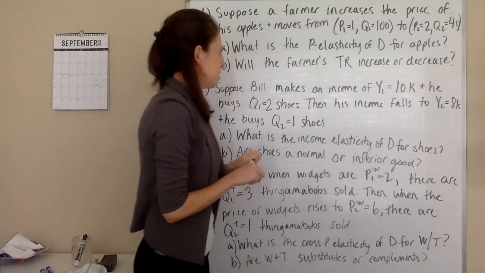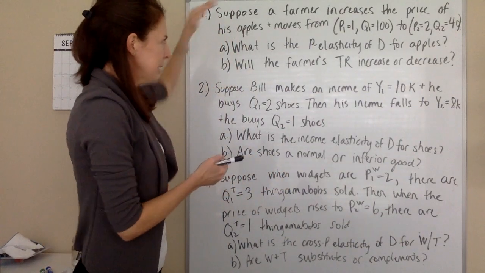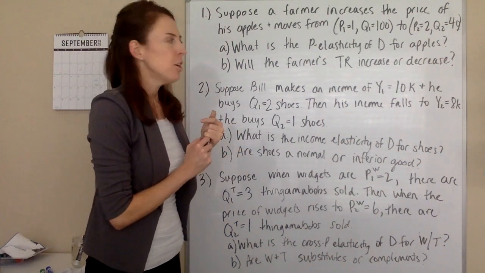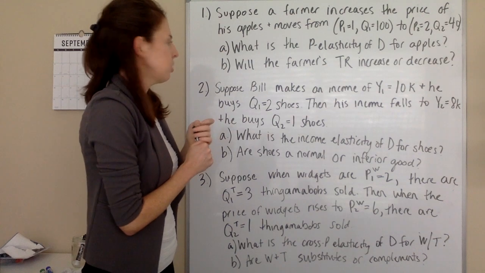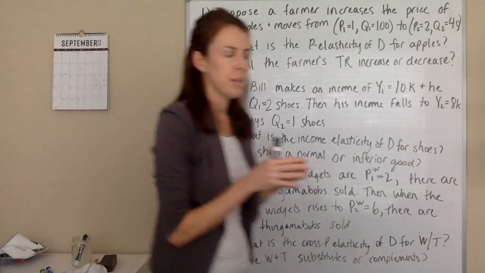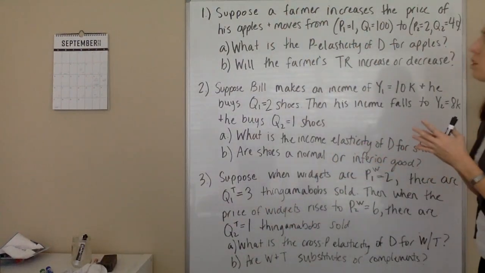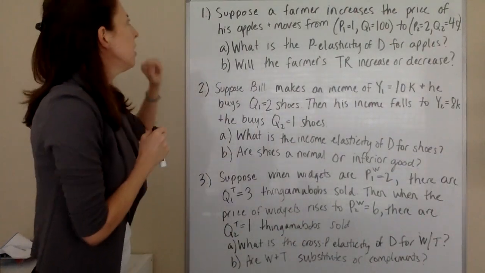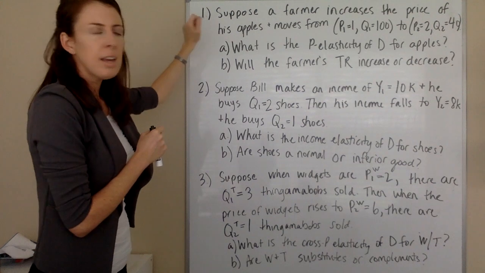Okay, it took a lot of writing to fit the whole exercise on the board, but I think I barely got the top line and the bottom line. It looks long, but hopefully it's not going to be too bad. So the exercise for today is I want you to think about the 3 types of elasticities we have talked about. So for question 1, so you can see if I stand here, suppose you have a farmer and he